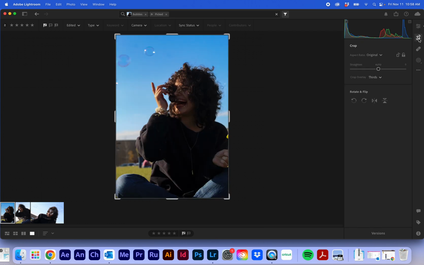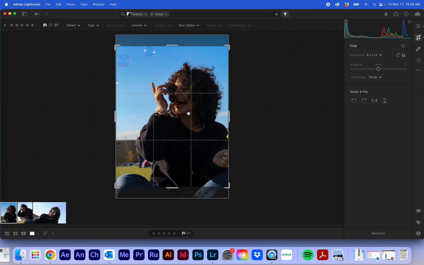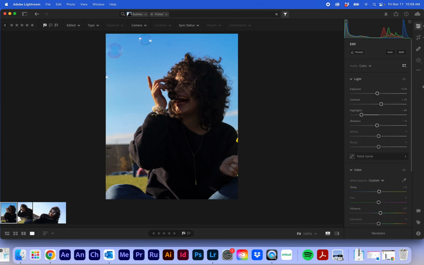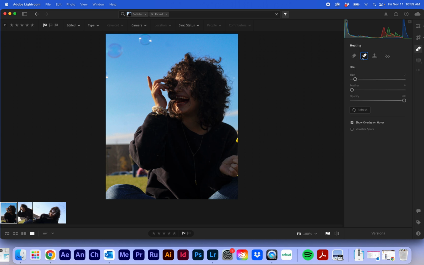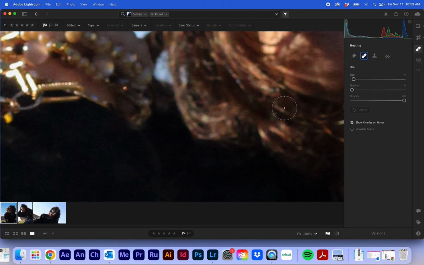You can come down to crop, okay, and then it's going to say, what kind of aspect ratio. So you could say 8.5 by 11, because I might print this for you. And then you're just hitting the return button to make the crop. And then we also have the healing brush tool. So I can change the size of the brush. I can zoom in, 400. Let's pretend that maybe, I don't know what I want to get rid of, but I can make